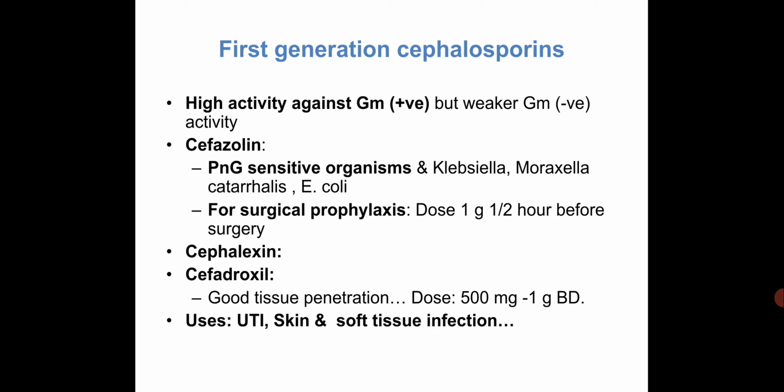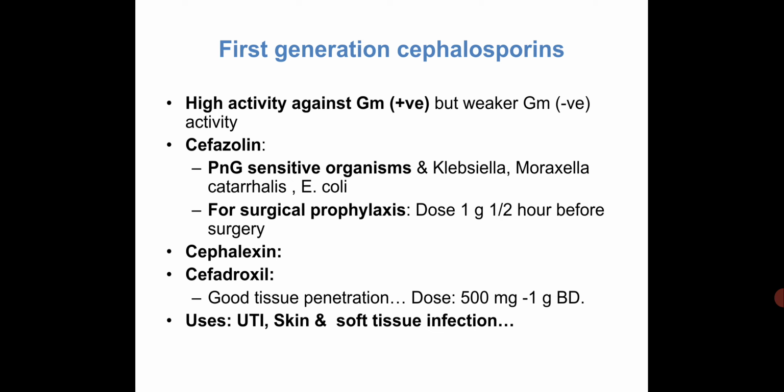Then the other drugs are cephalexin and cefadroxil. Cefadroxil has good tissue penetration, so it is given 2 times a day. Dose is 500 milligram to 1 gram, 2 times a day, and this is a first